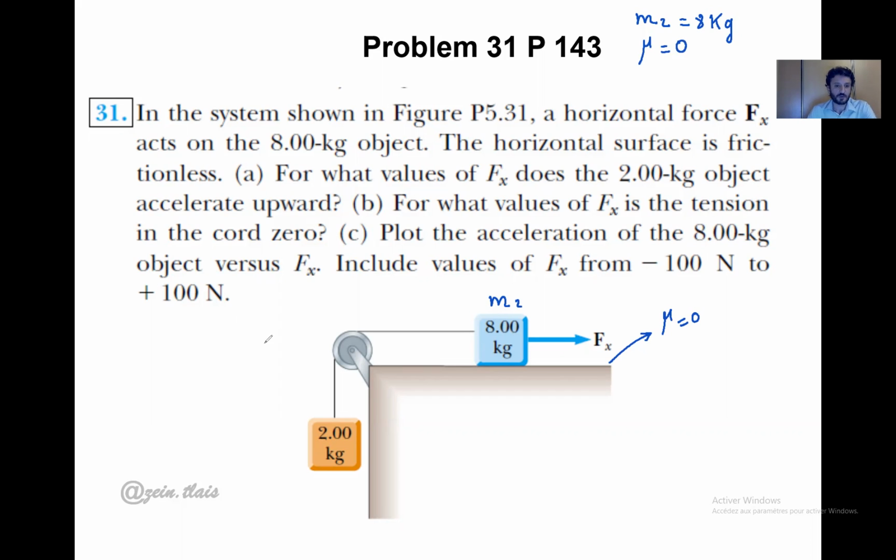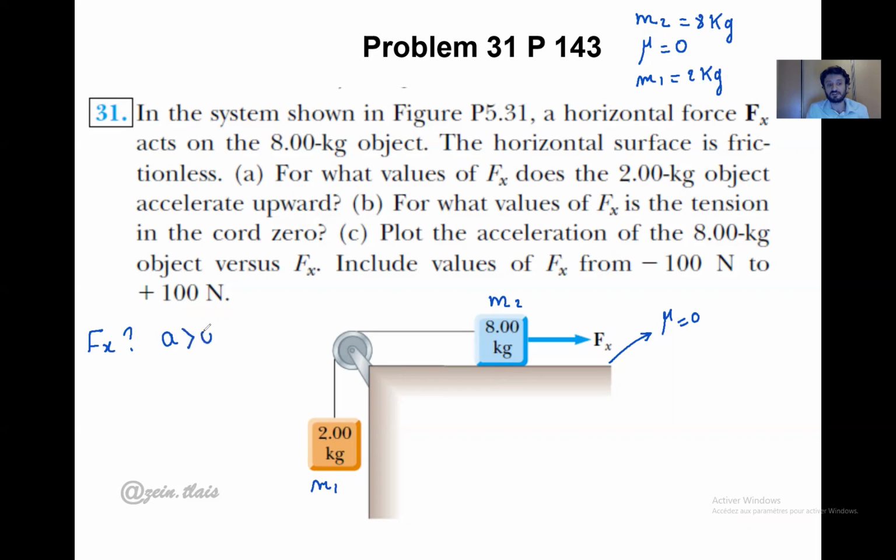The question is, okay, we have here m1. So m1 equals 2. Here, for what values of Fx? We have many values of Fx. For what values of Fx does the mass m1 accelerate upward? Okay, it means I need to calculate the value of Fx in order to have an acceleration, in order to